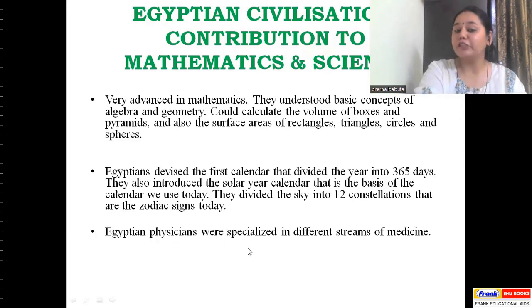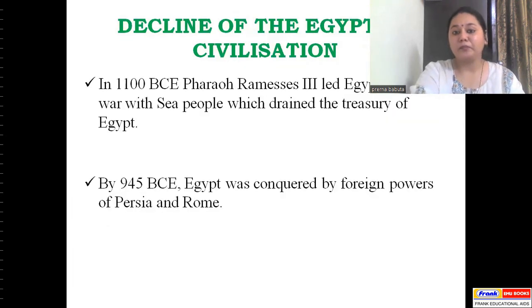Egyptian physicians were specialized in different streams of medicine. Then, how did the civilization decline? We've discussed the decline of the civilization: Pharaoh Ramses III led Egypt into a war with the sea people, which drained the treasury of Egypt. And by 945 BC, Egypt was conquered by foreign powers of Persia and Rome. Because foreign rulers who were more powerful came, they were able to dominate the Egyptian civilization, and gradually every sign of Egyptian civilization was